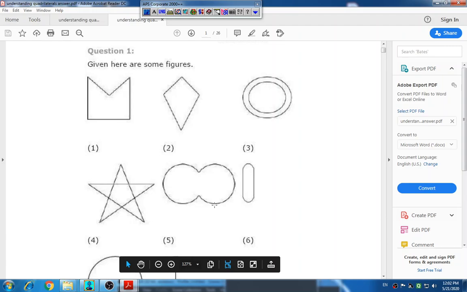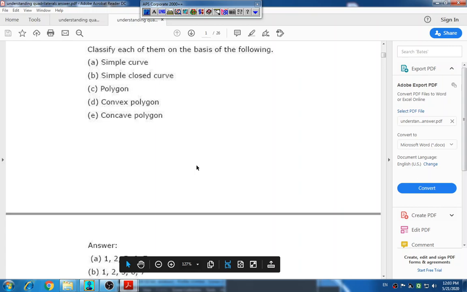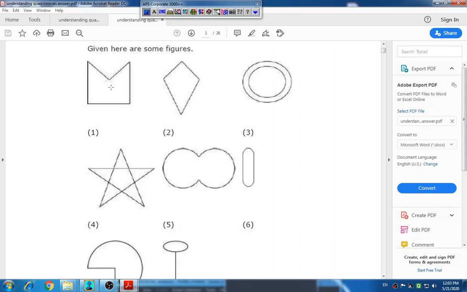So, polygon. Look at here, how many polygons are there? This is first and second. This is not a polygon. These have different triangles which are joined with each other. So 1 and 2 are the polygons. The next is convex polygon and concave polygon. Convex is, look at here, at the outside angle we can see this. So the second figure is convex and this figure is moved inside, so it is a concave polygon.